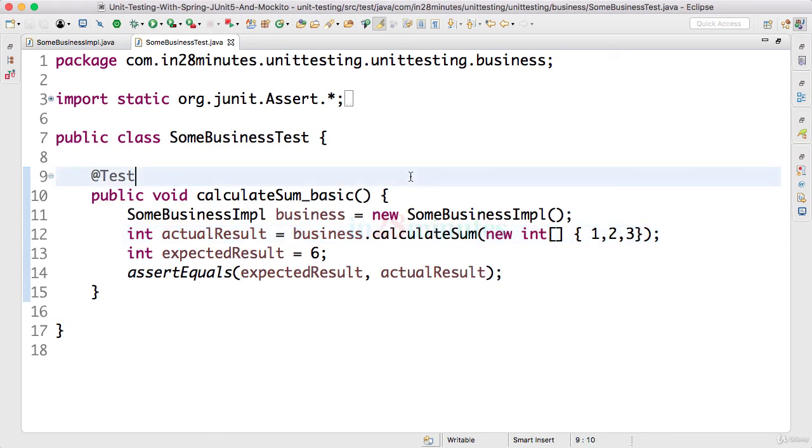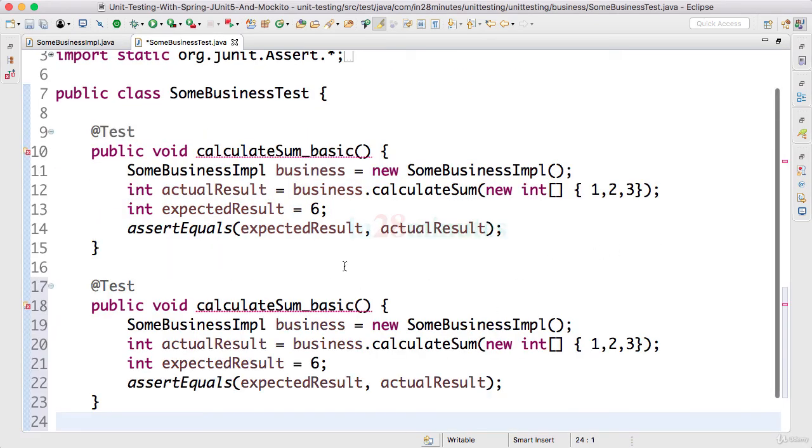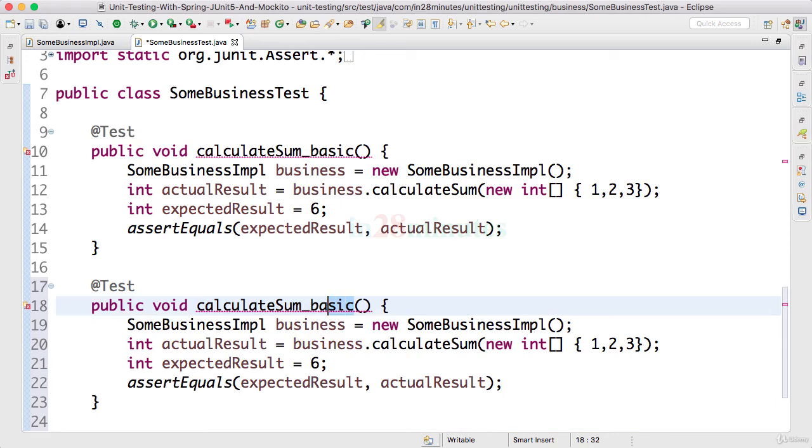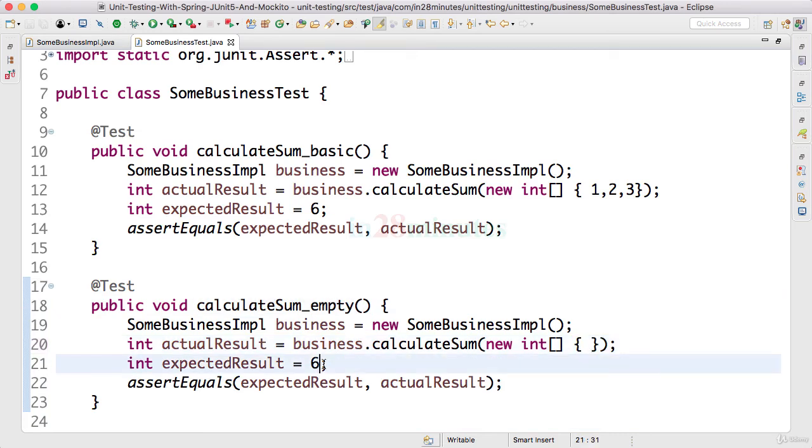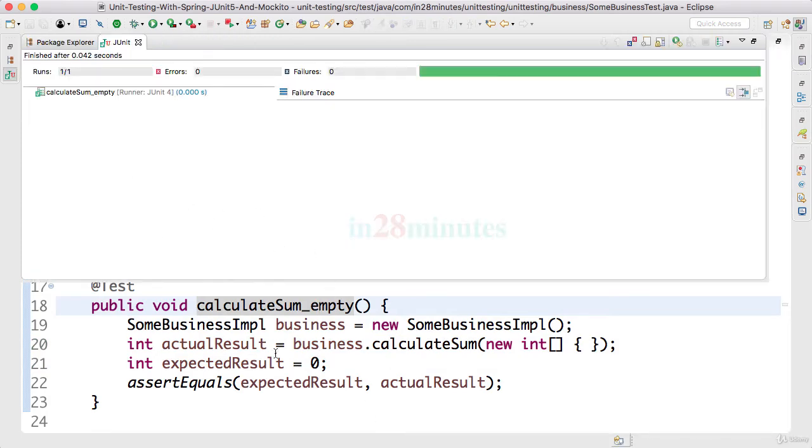So if there is any problem with the code inside the calculate sum, this test is supposed to catch it. And when we write a lot of unit tests, what we would do is we would write it for a different set of scenarios, right? So calculate sum, and let's say empty array. So if I'm sending an empty array, what is the result expected? Is 0, correct? So if I run this test right now, you'd see that this test would also succeed. That's cool,